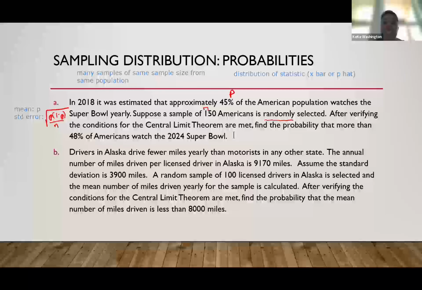The third condition says I have to have a large enough population. We're talking about Americans. So yes, the population size condition has been met as well. So since all conditions have been met, we want to find the probability